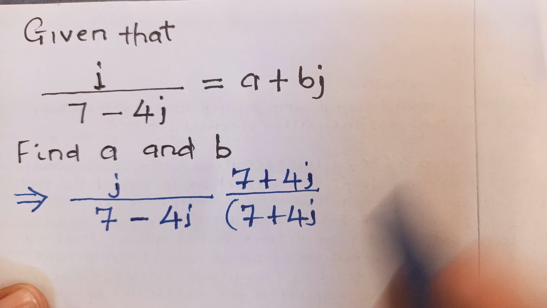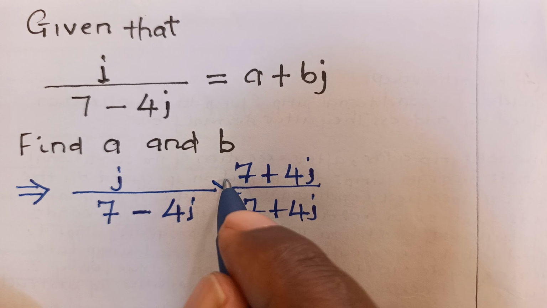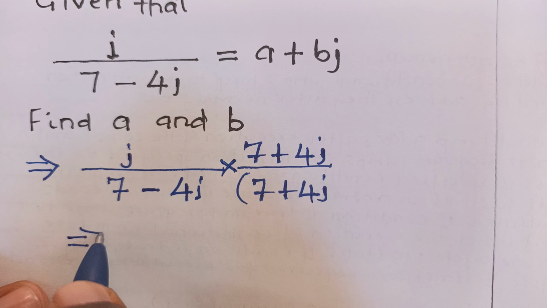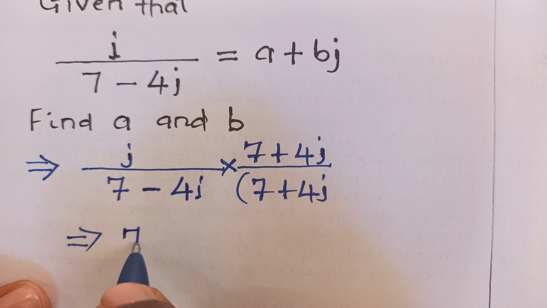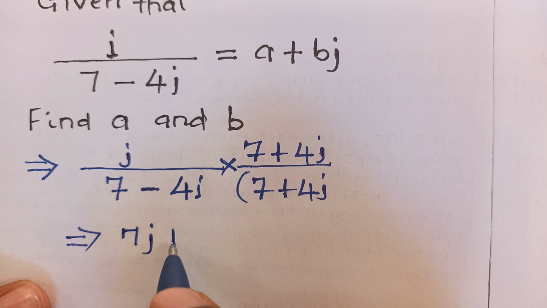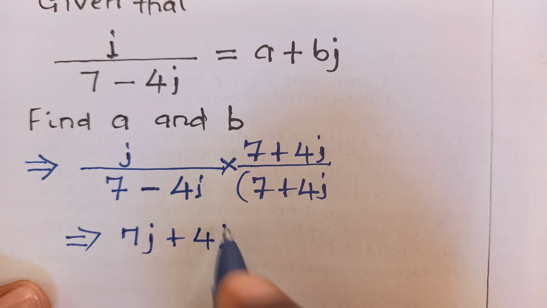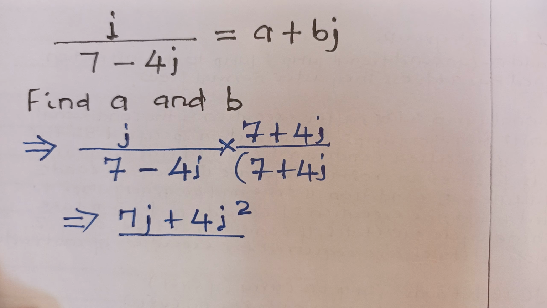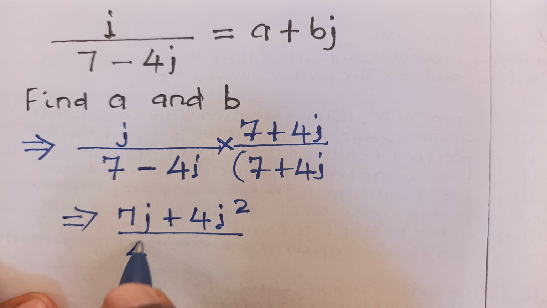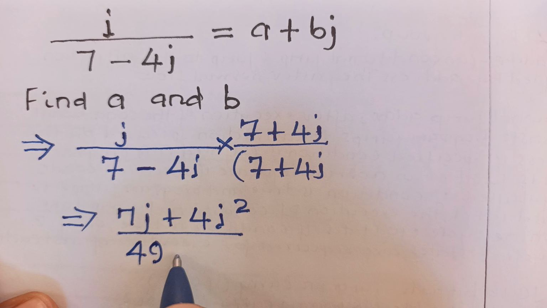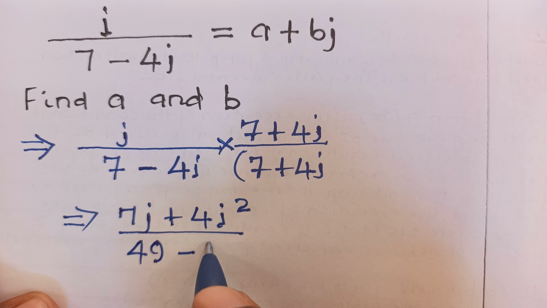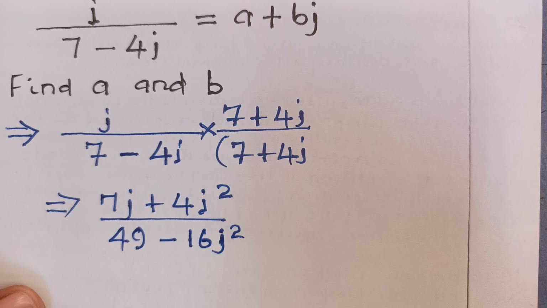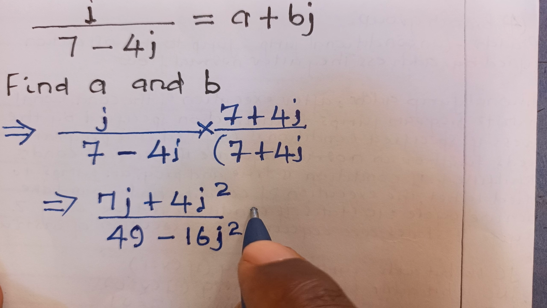And now doing that, guys, our equation is going to be, for the numerator, 7j plus 4j squared, while for the denominator, that comes to 49 minus 16j squared. And therefore, guys, continuing to do that, we shall have